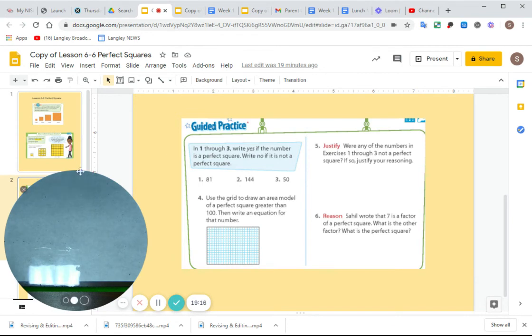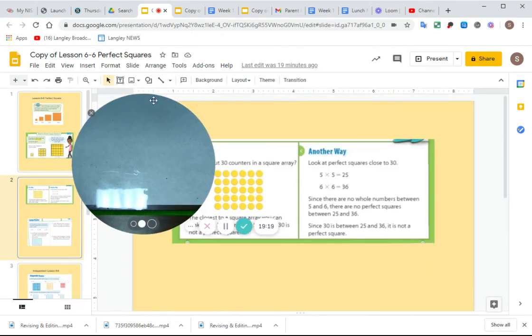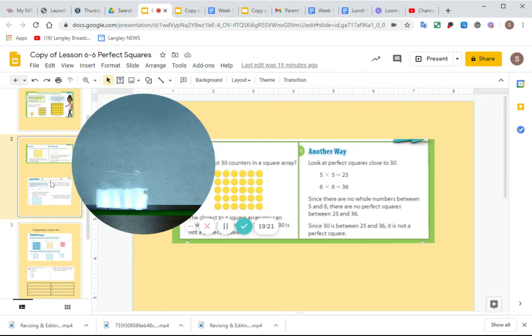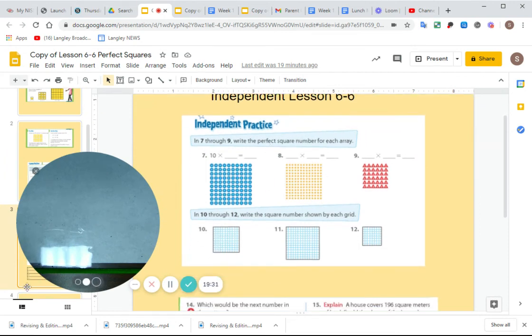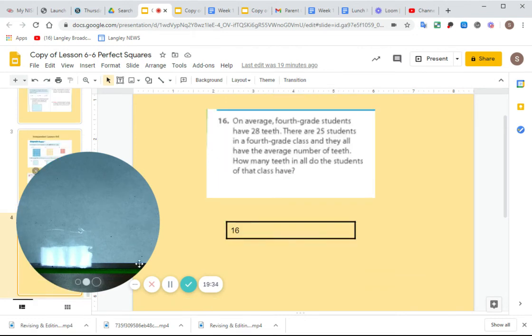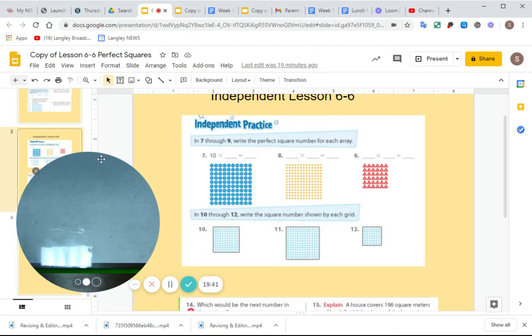So what you are going to do for today, that is what you are working on. You are working on perfect squares. So we did the guided practice together. We took a look at slide 2. So your job now is to work on slide 3, the independent lesson here. And then slide 4. Slide 4, there's only one question, so I don't think y'all will have too much of a problem with this. Try your best. I know I'm not here today for you to be able to ask me questions, but try your absolute best. Now remember,